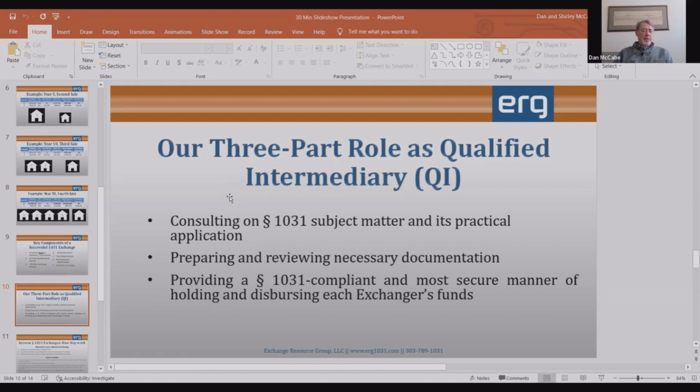We obtain from the closing agent the 2 things. Number 1, a copy of the real estate contract, and number 2, a copy of the title work. And based on that, we then prepare a series of documents. Real quickly, the documents you're going to see are the exchange agreement, which keeps the IRS happy. 17 pages, anything with a page of legal descriptions is subject to or prepared for the purposes of the federal